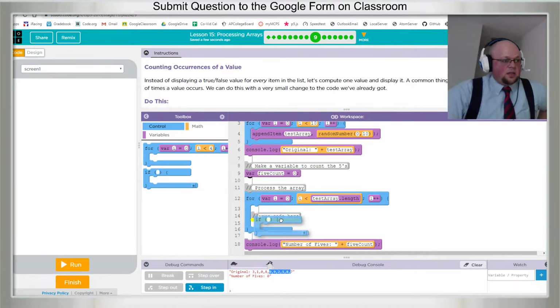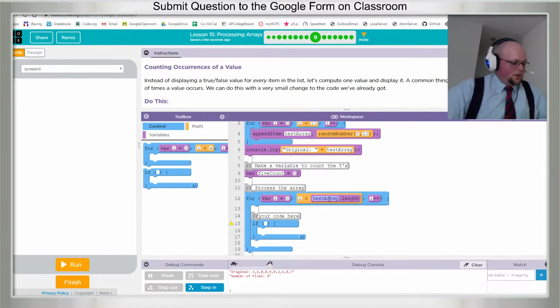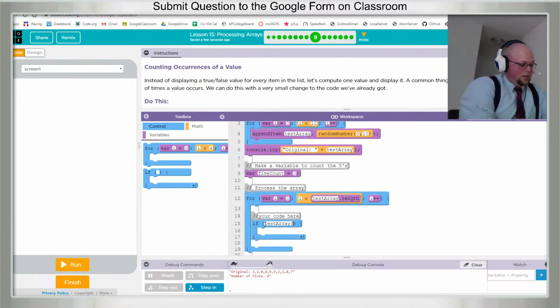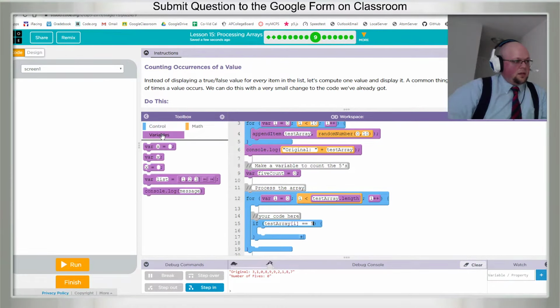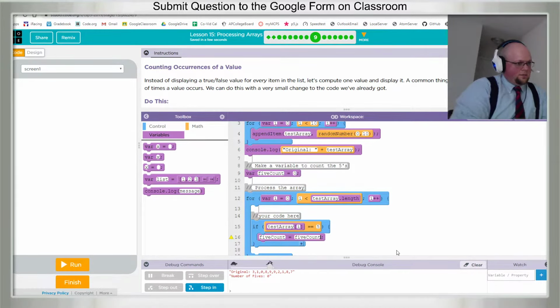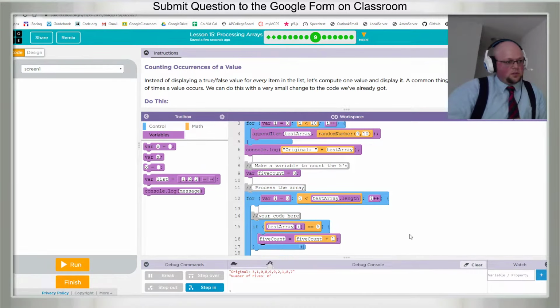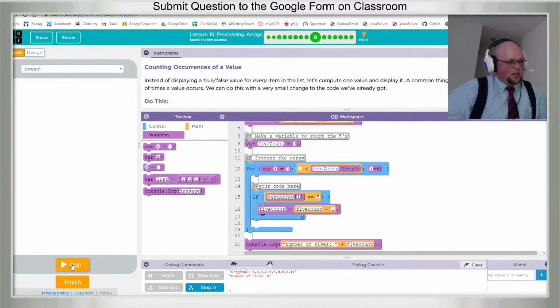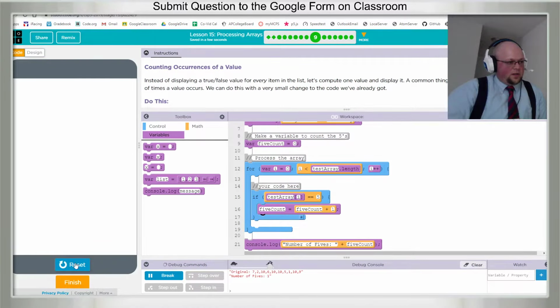So we're going to say if test array index I is equal to 5, then 5count, the name of our variable, 5count, gets 5count plus 1, so it's going to add 1 to it, and in this case we have 1, 5,